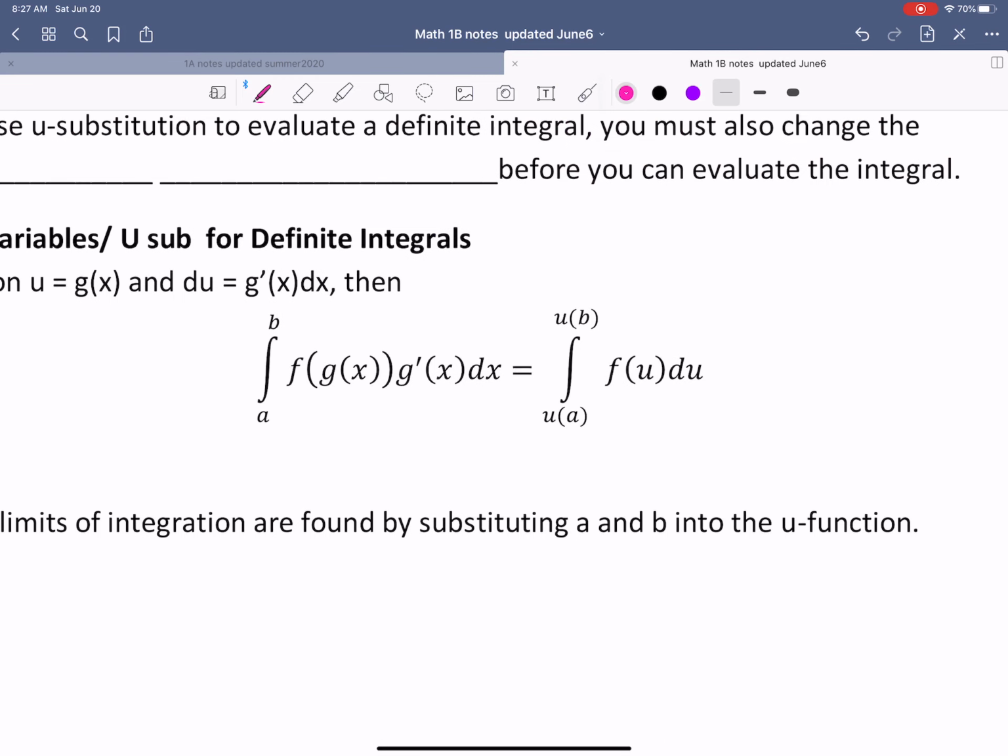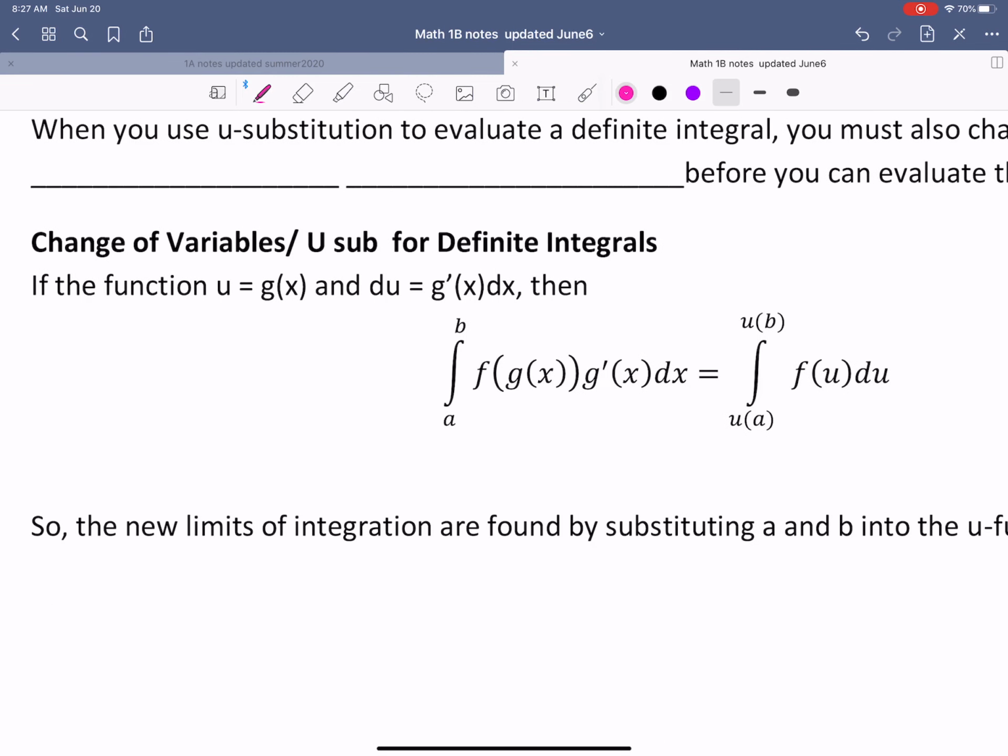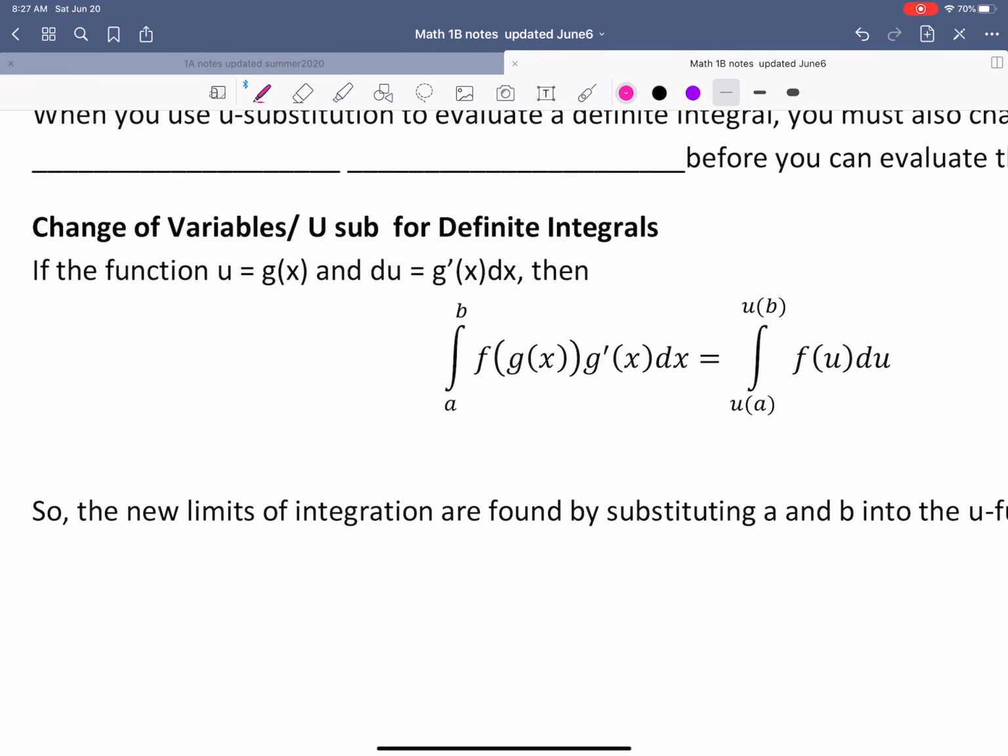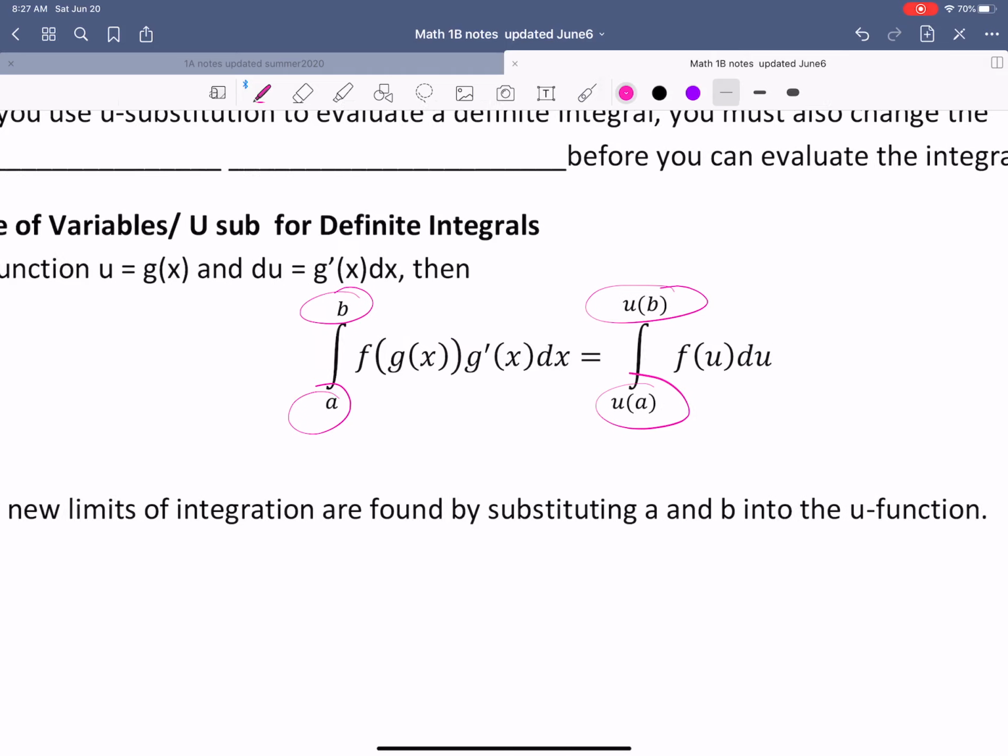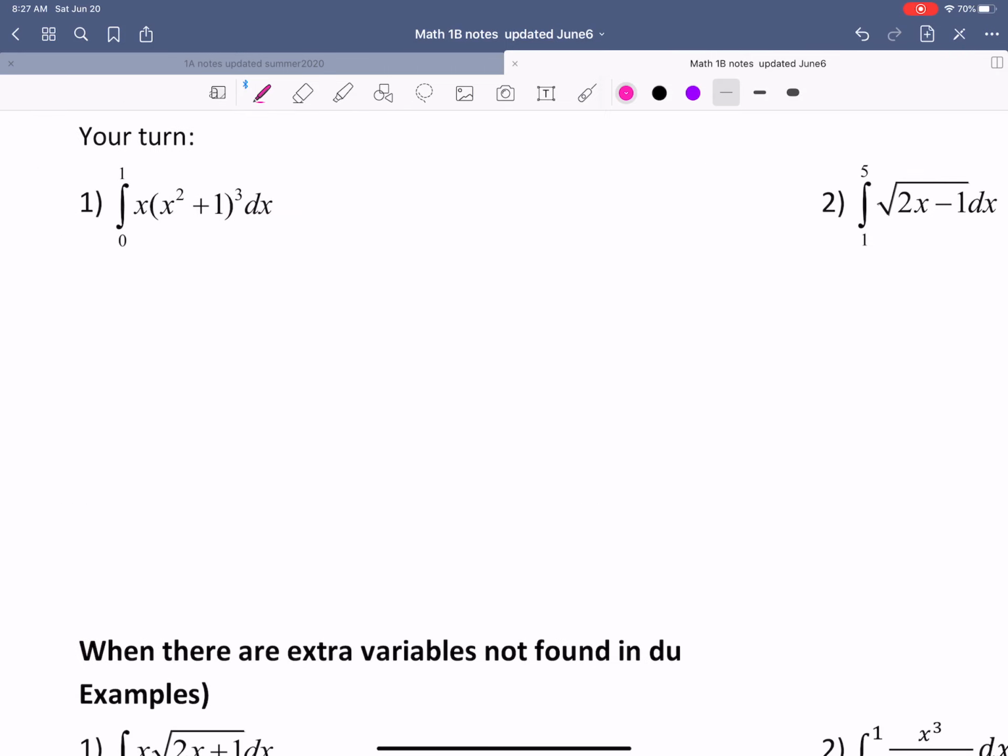Okay, again, for u substitution, remember to do the change of variables. If you go for a definite integral, if you're using the u substitution, do not forget to change your bounds as well, from x bounds to u bounds. Okay, so next several examples would be